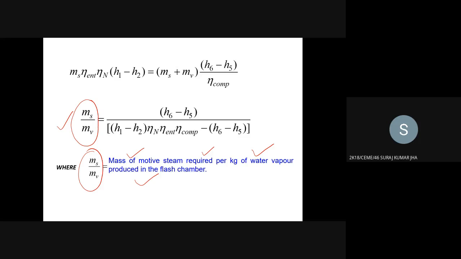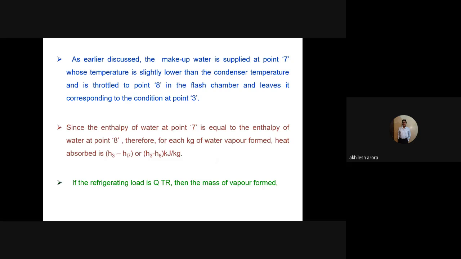Clear, sir, clear. Okay, so let us proceed further. As discussed earlier, the makeup water is supplied at 7, whose temperature is slightly lower than the condenser temperature, and is throttled to 0.8 in the flash chamber and leaves at point number 3। अब देखो डायग्राम